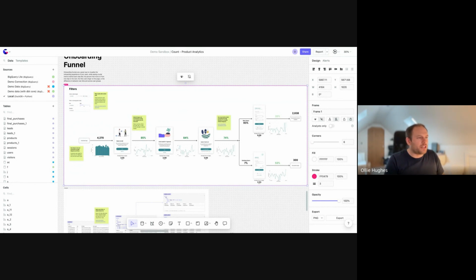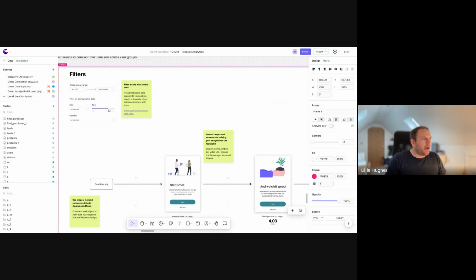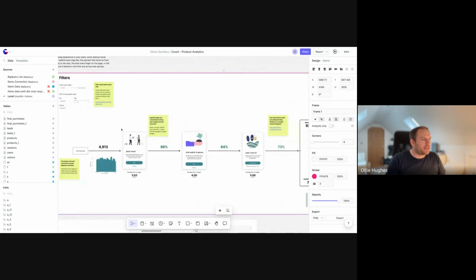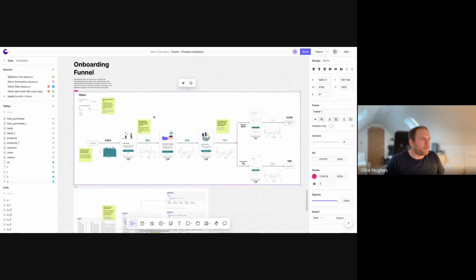And the other big efficiency win here is the fact that often we're seeing in our customers, the product manager is building the funnel and the analyst is working side by side, building out the metrics alongside them. So the process of building to this output is also as important for gaining clarity on metrics, definitions of metrics, and clarifying the scope of the work. It's that kind of agile building out of this output, not just the end result, which is really informative to building that culture of data-led decision making. Additionally, you've got filters in here as well, so you're able to have filters which drive cuts of the data as you go.